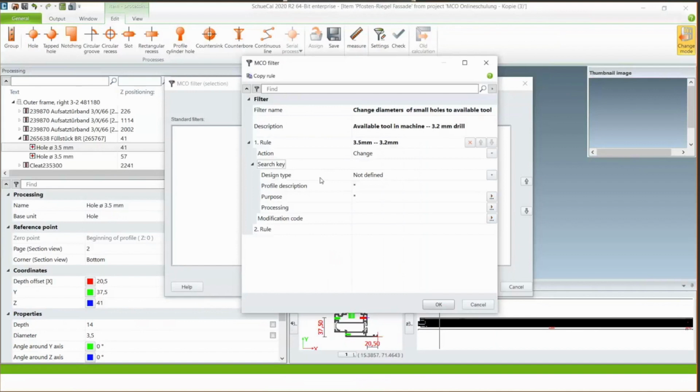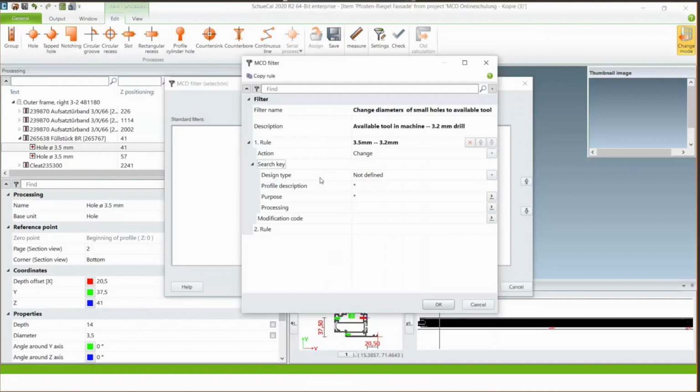So in our case, we only want to change a hole from 3.5 to 3.2 in every element at every profile, so that we never have to change it at the machine. So we only have to give the information that we want to search for a hole with a diameter of 3.5.